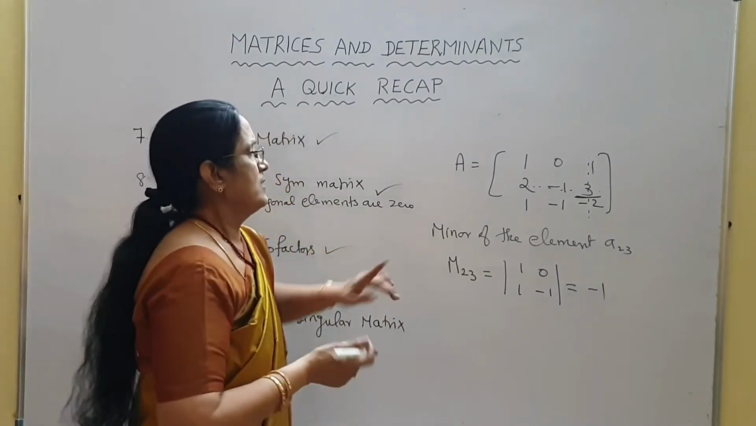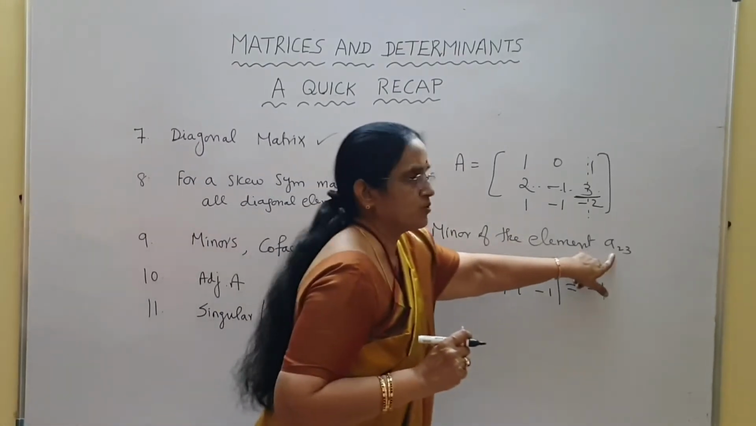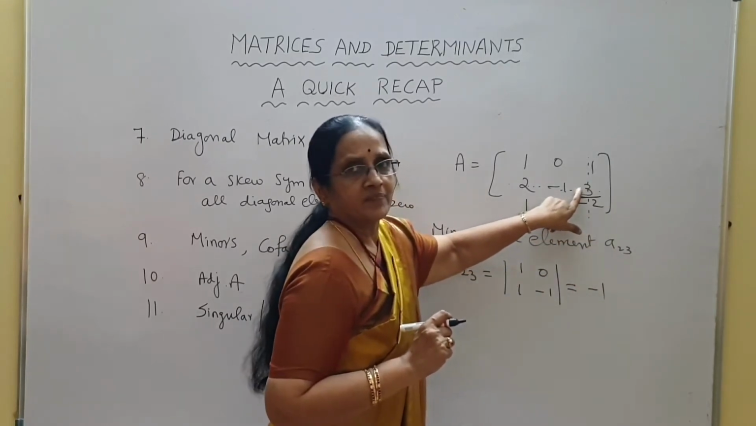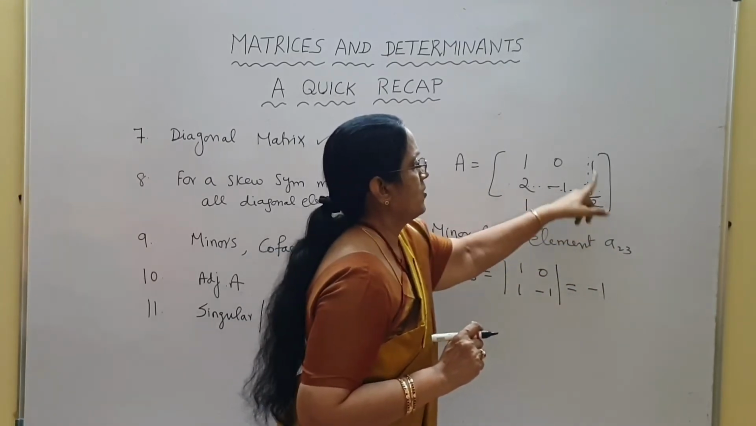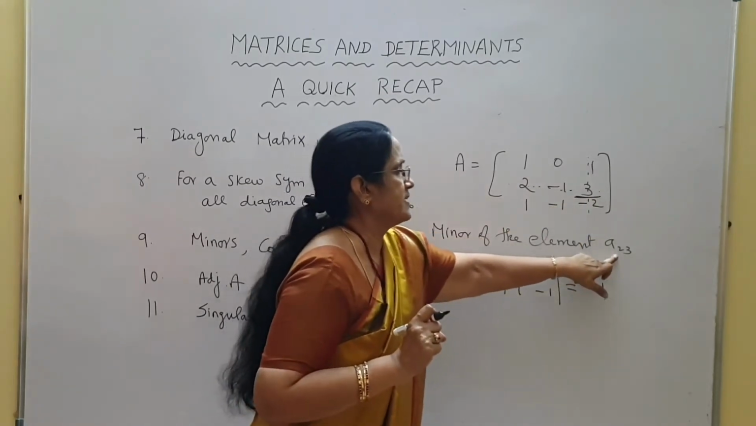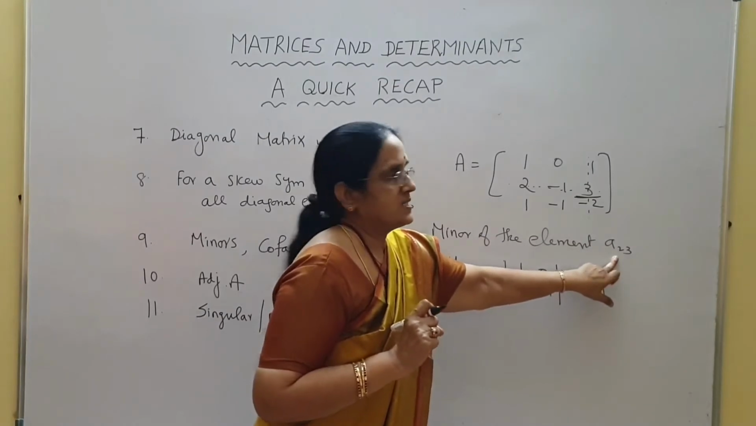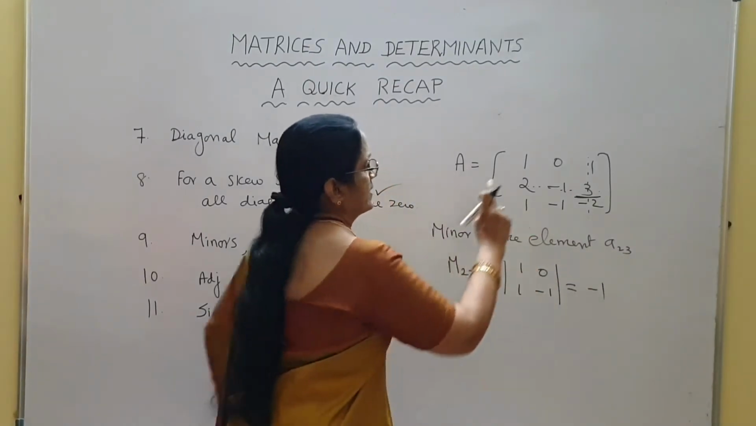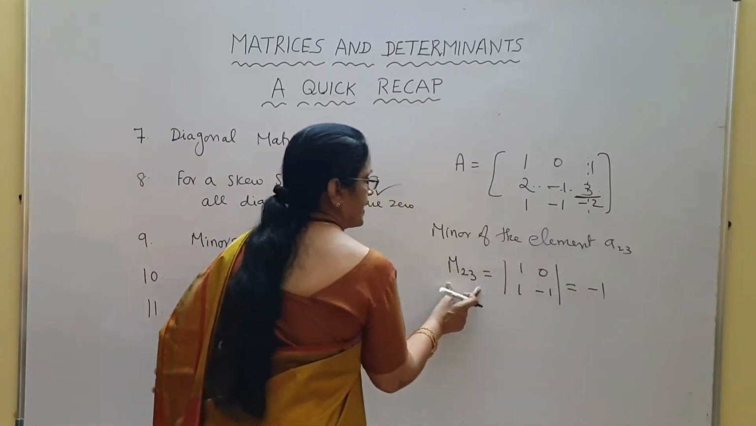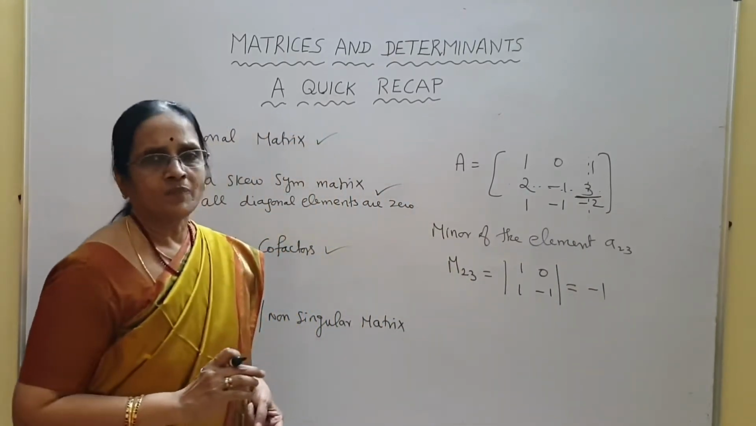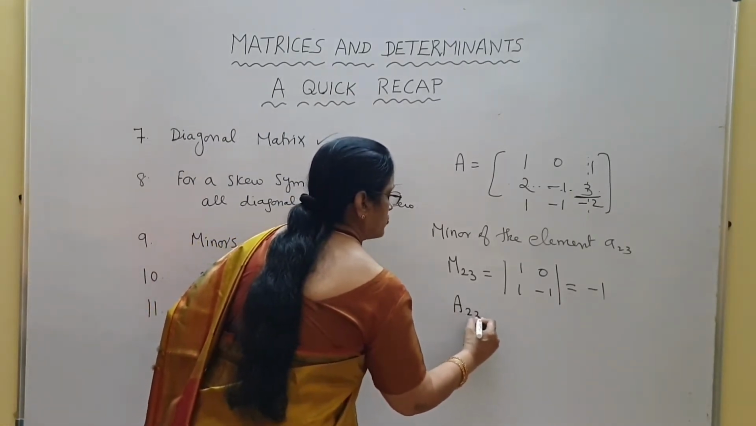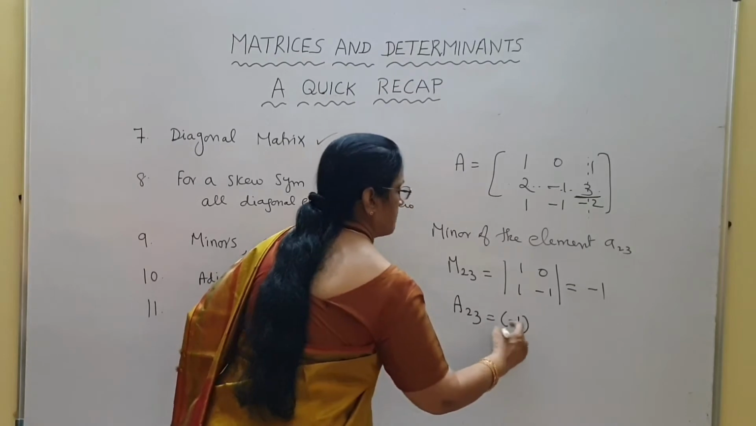I repeat, you have to find out the minor of the element A23, which is nothing but the element 3 over here. So, leave the second row and the third column, only in that intersection you are having the element A23. Then the determinant value of the other elements 1, 0, 1, minus 1 will give you the minor of the element A23. The corresponding cofactor will be capital A23, which is minus 1 to the power i plus